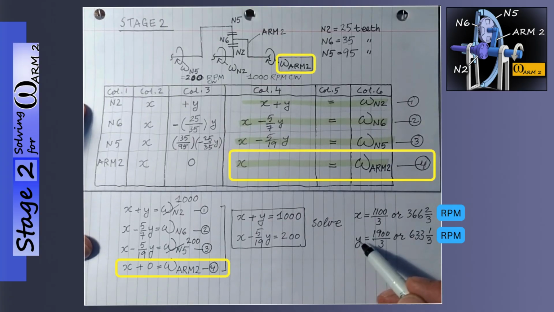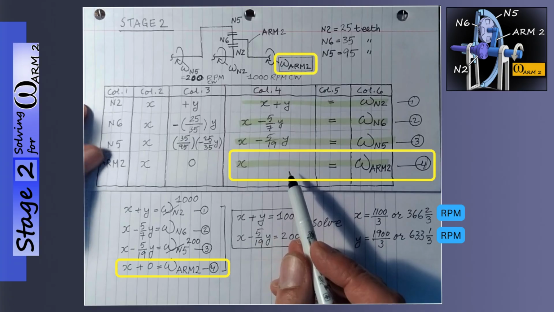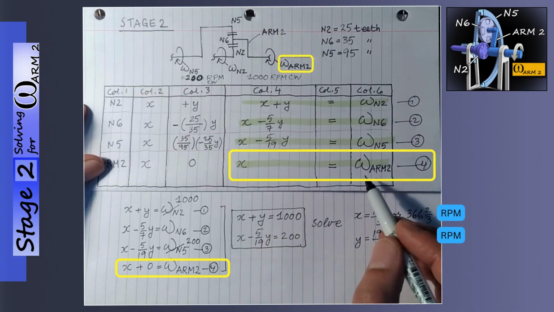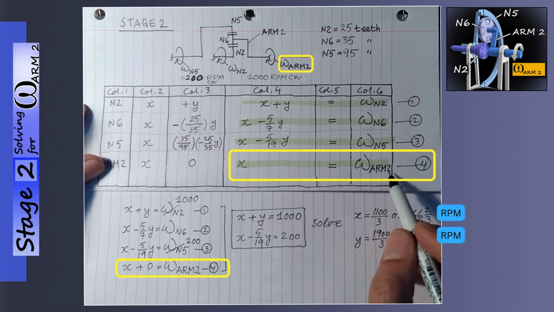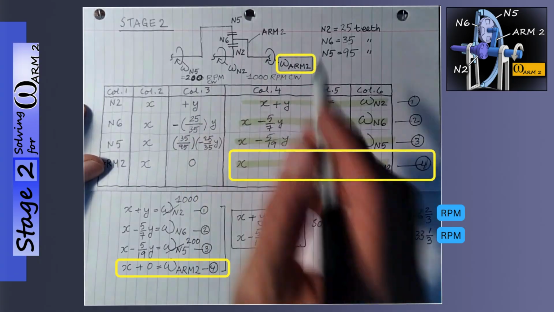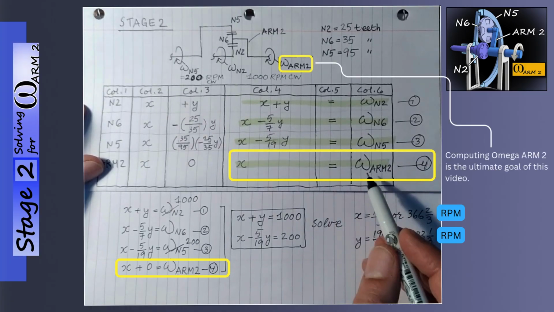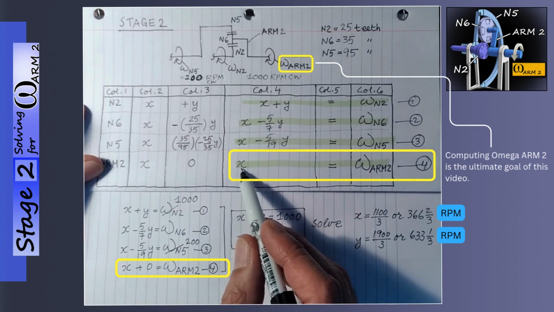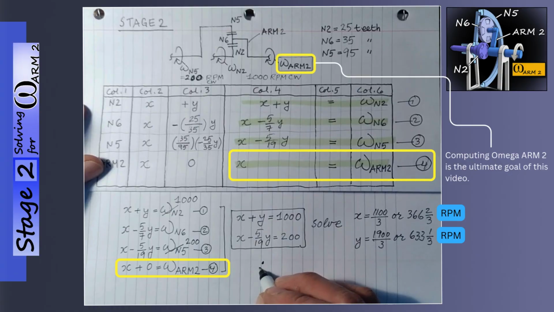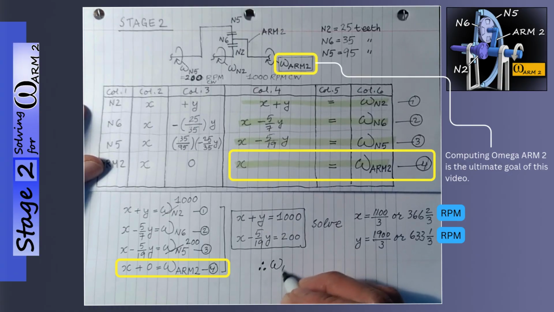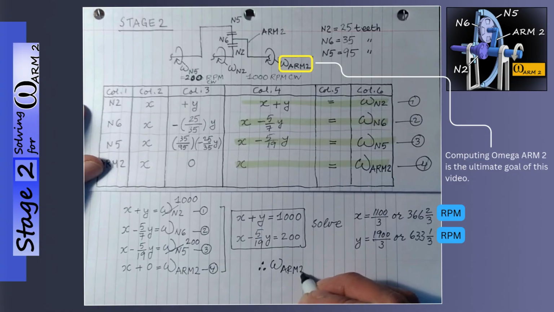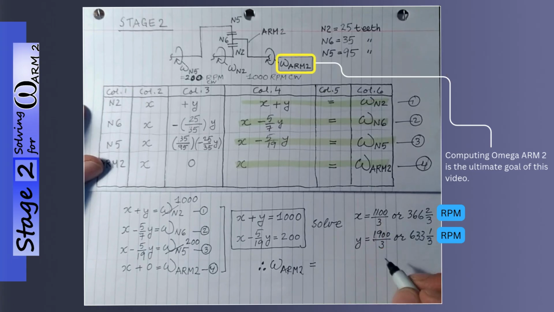So once we know x and y, we go back to our table, and since we are interested in omega arm 2, that is the final output of our epicyclic gear train, we notice that omega arm 2 is simply equal to x. So therefore omega arm 2 is equal to x. Now x is 1100 over 3,